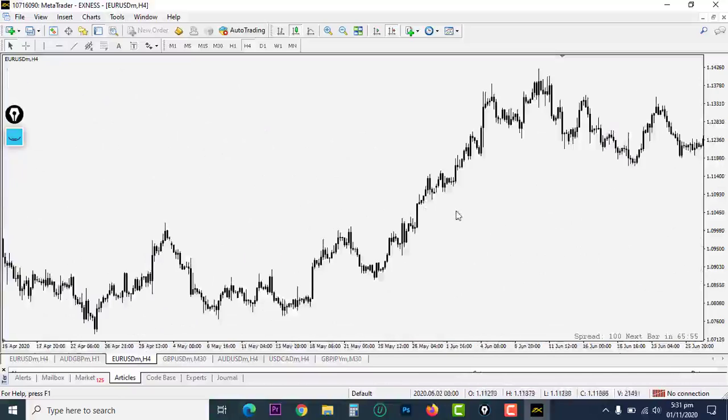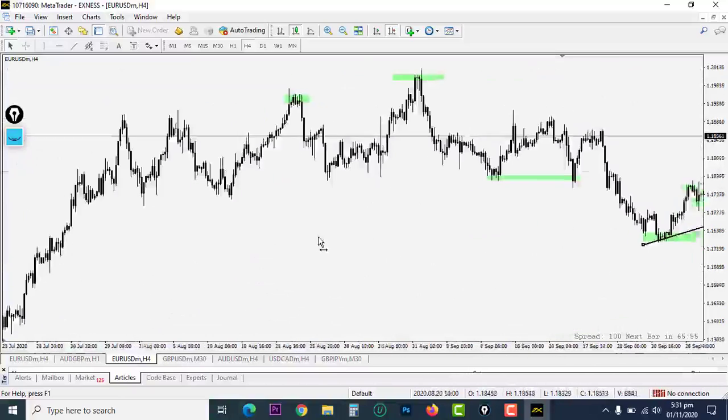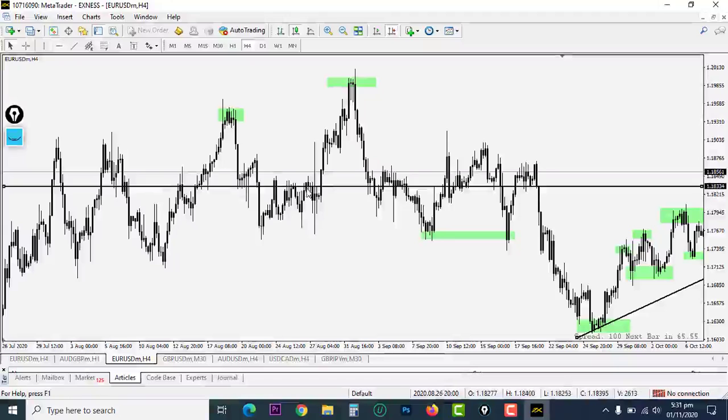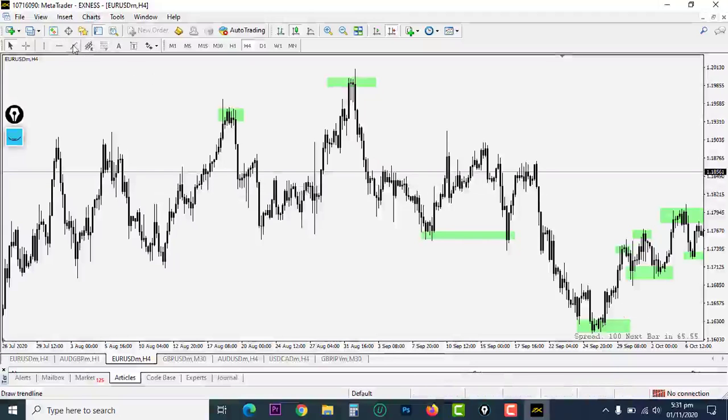Let's see if we can find a sideways market. Yes, we have one here. Look. For a very long time, the market was bound in this area right here. It did not go up, it did not come down. So this is not a trending market. This is a sideways market. Okay, so